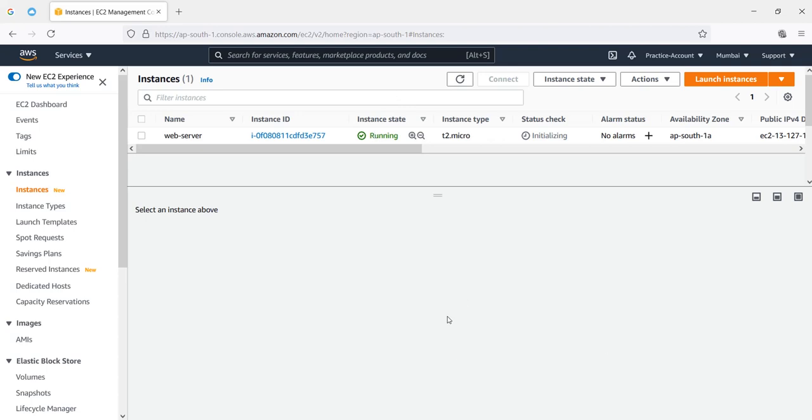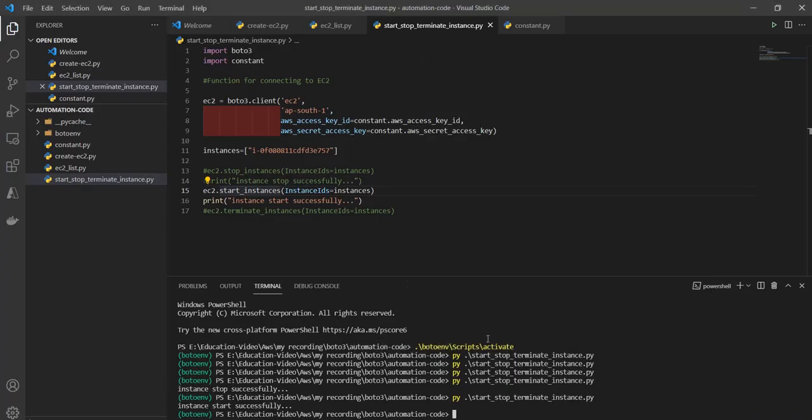Now we will perform the next method, terminate. So what do we need to do, guess? Yes, you just need to call the terminate method.